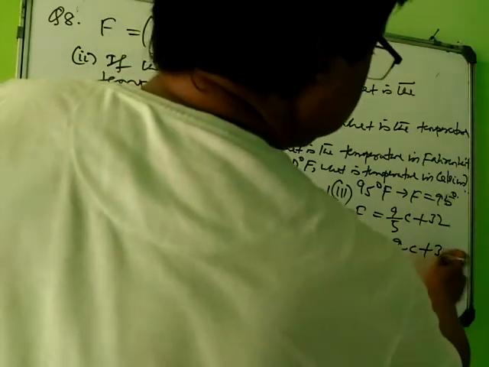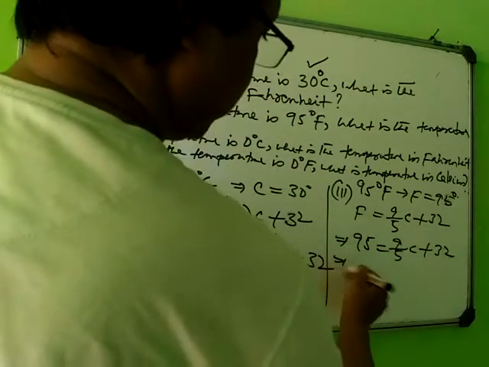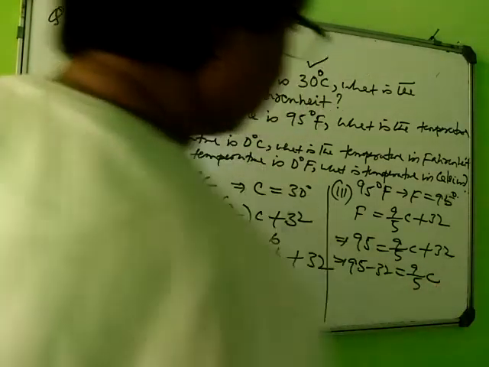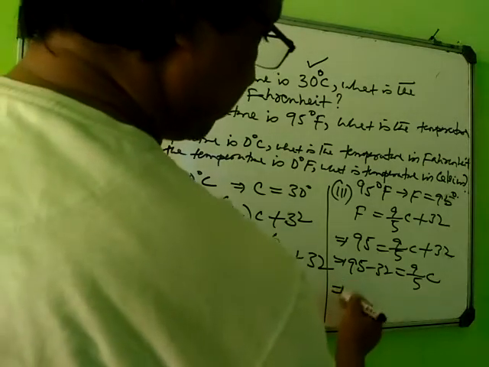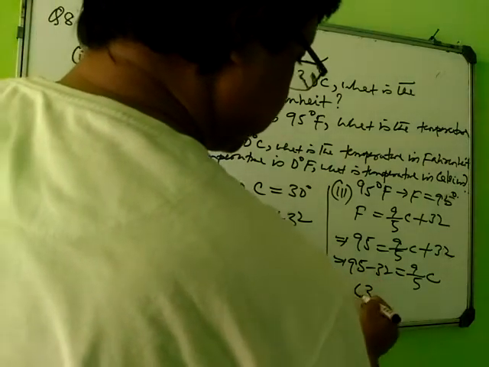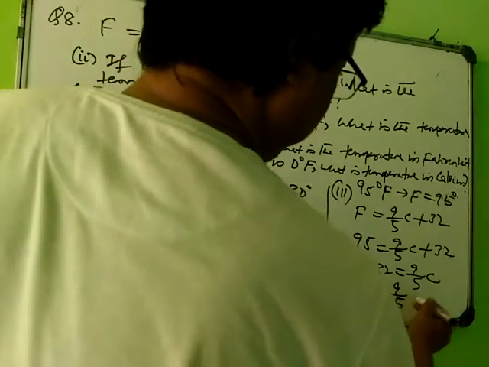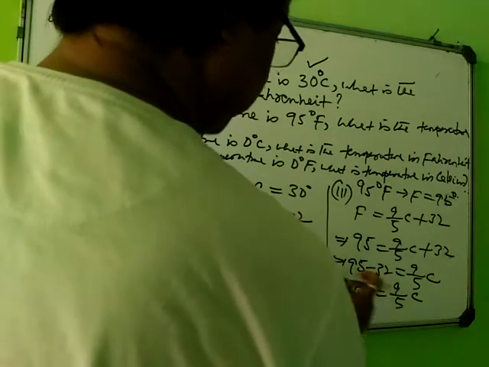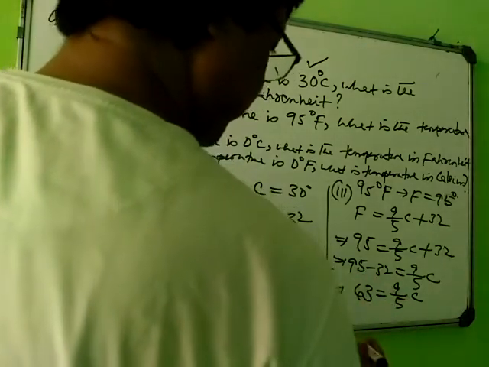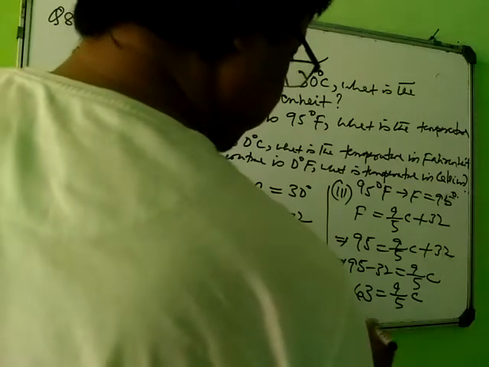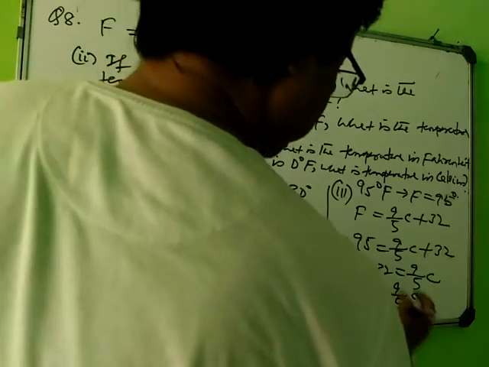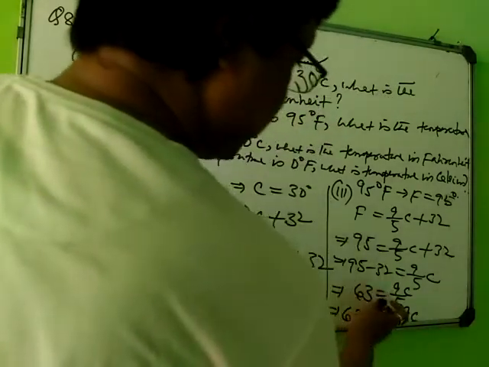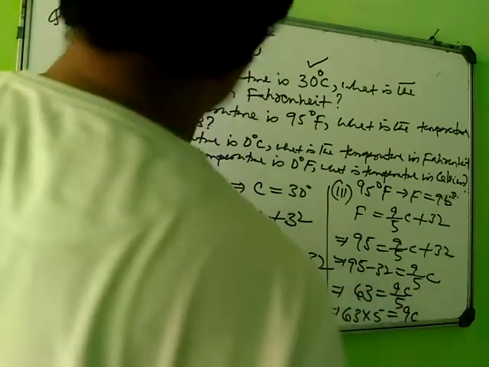Take this number to the left side. So you will get 95 minus 32 is equal to 9 by 5 C. So you have got 63 equals 9 by 5 C. The next step, just cross multiply: 63 into 5 equals 9C. So 63 into 5 equals 9C. So here C is